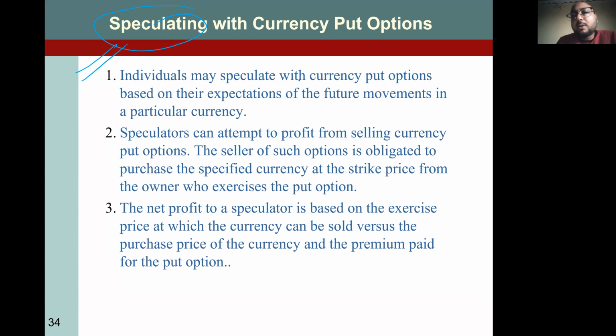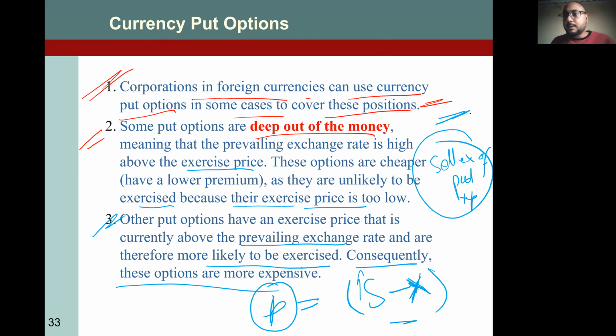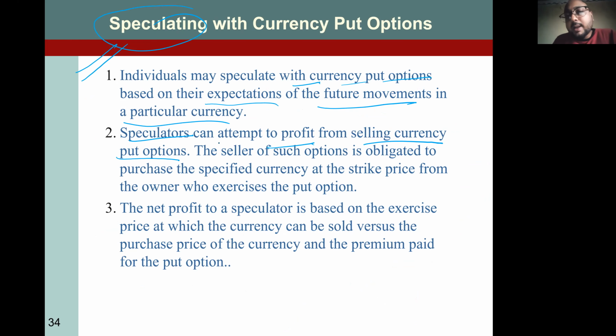So an individual may speculate with currency put options based on their expectations of the future movement of a particular currency. Speculators can attempt to profit from selling currency put options, as in the scenario I just discussed. The seller of such an option is obligated